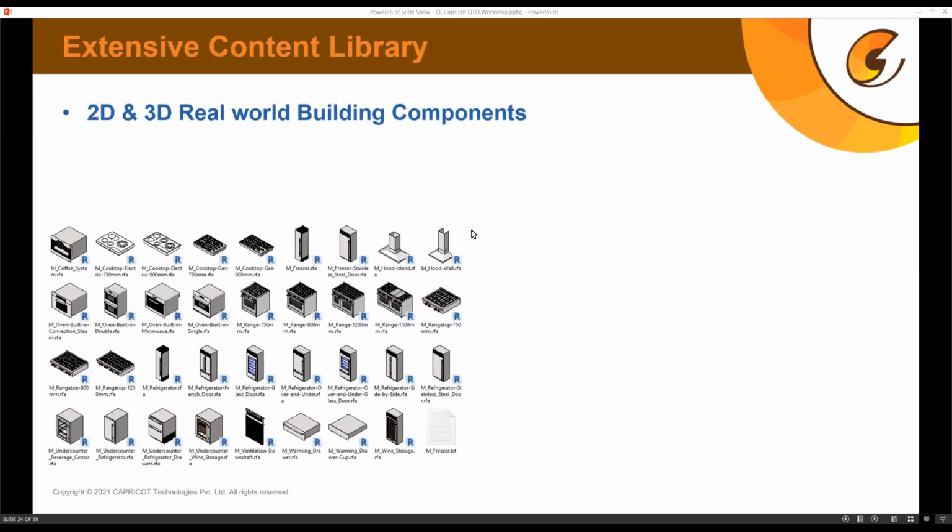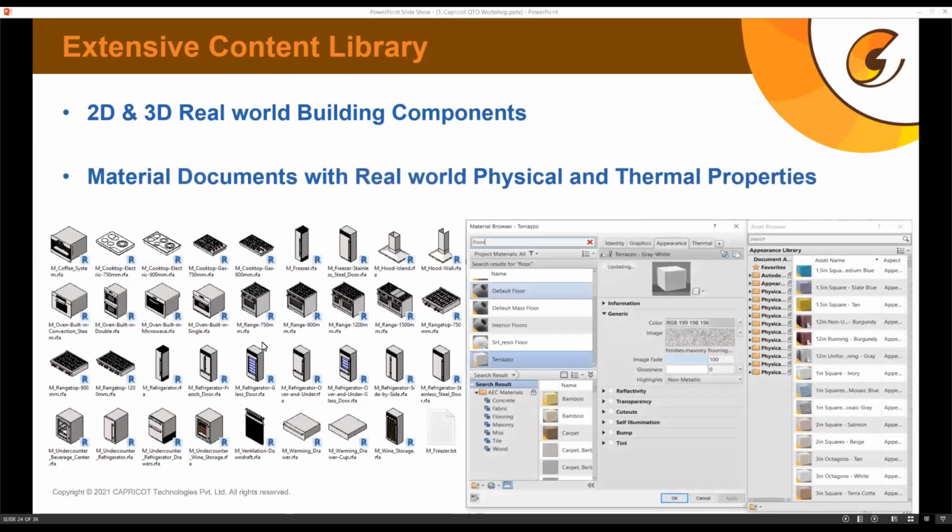So we need to understand how family works in Revit, and then we can easily quantify any component in a BIM model. So it has a smart library. Not only about the component, it also has a smart material document. In the material document, you can also simulate material like in the real world.